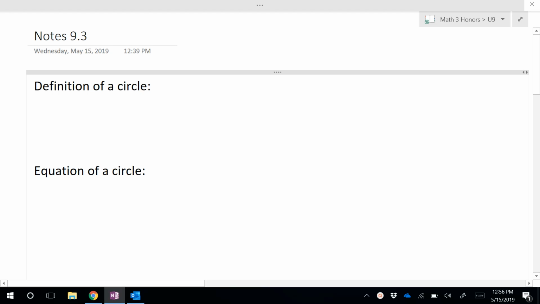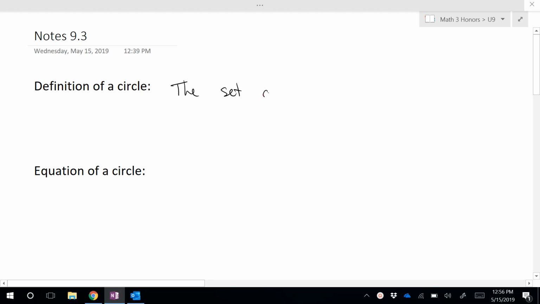So do you remember the definition of a parabola? The definition of a parabola is the set of all points equidistant to a point and a line. And we call that point the focus, and the line is called the directrix. Okay. So a circle is the set